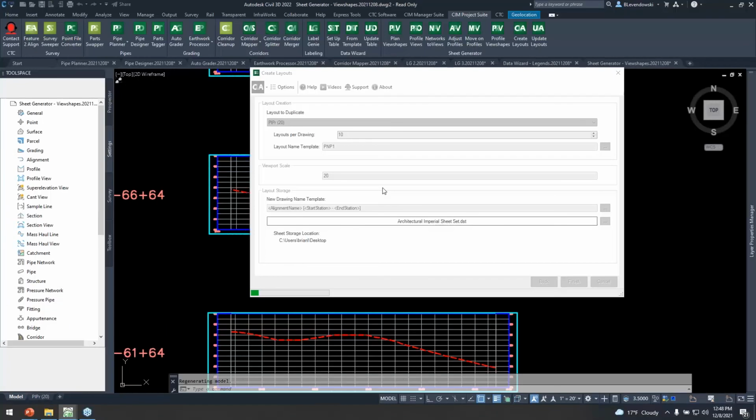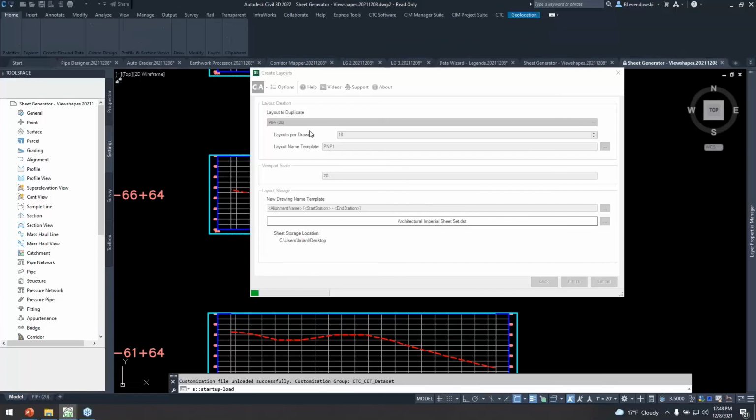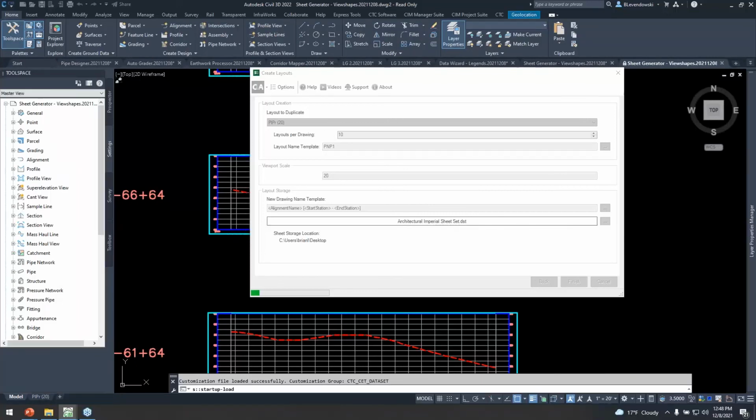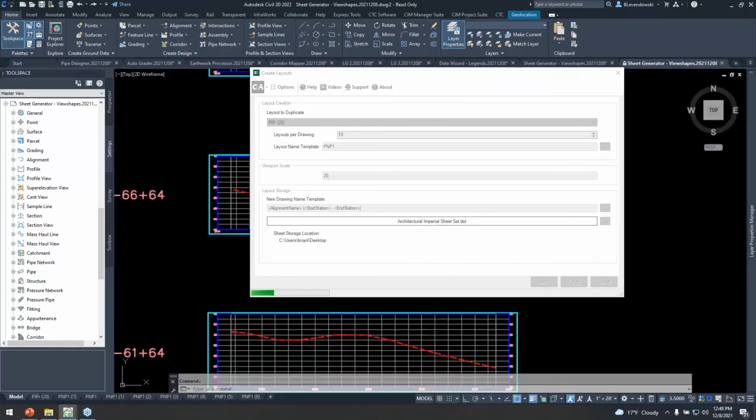Let's go ahead and create those sheets. There's a number of other settings along the way in Sheet Generator, some X and Y offsets and things like that. What you'll want to do to deploy perhaps a preconfigured standard,